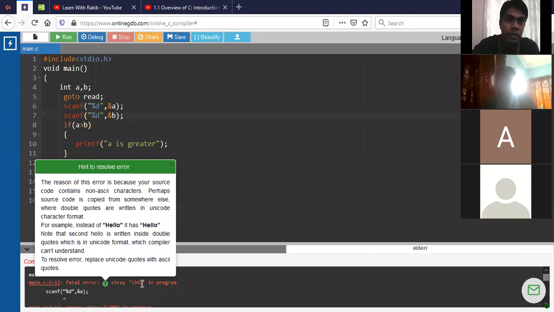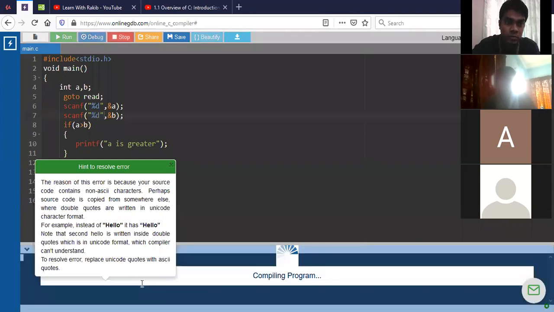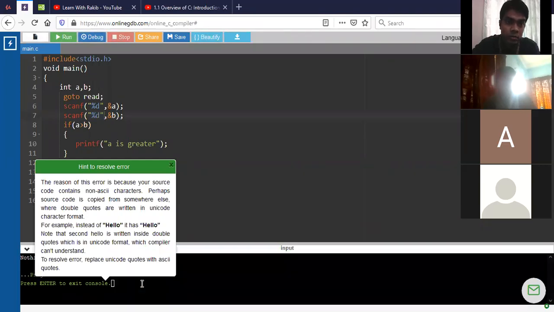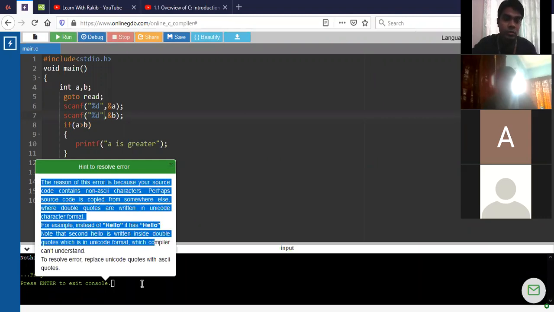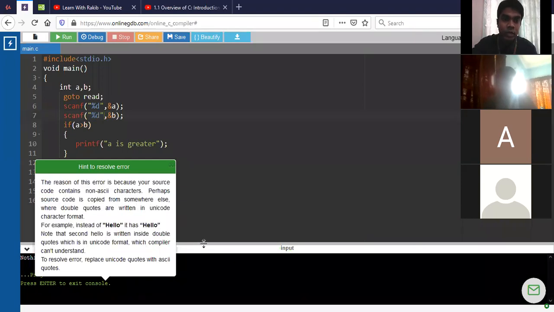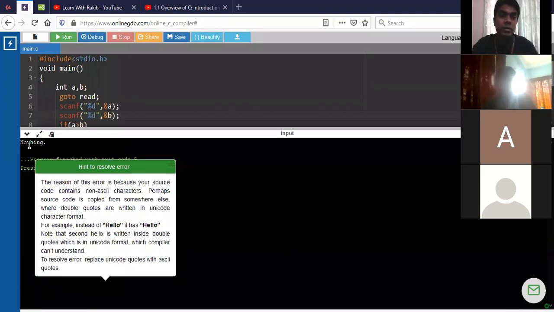Okay, if I run the code again, okay, so if I run the code, then you can see what it is printing. What is it printing, can you see here? Nothing. Nothing, isn't it, sir?